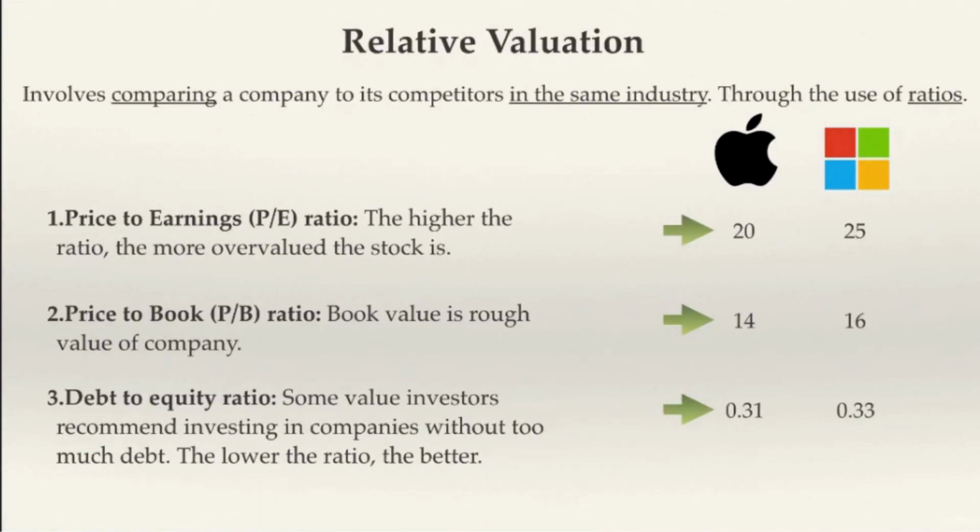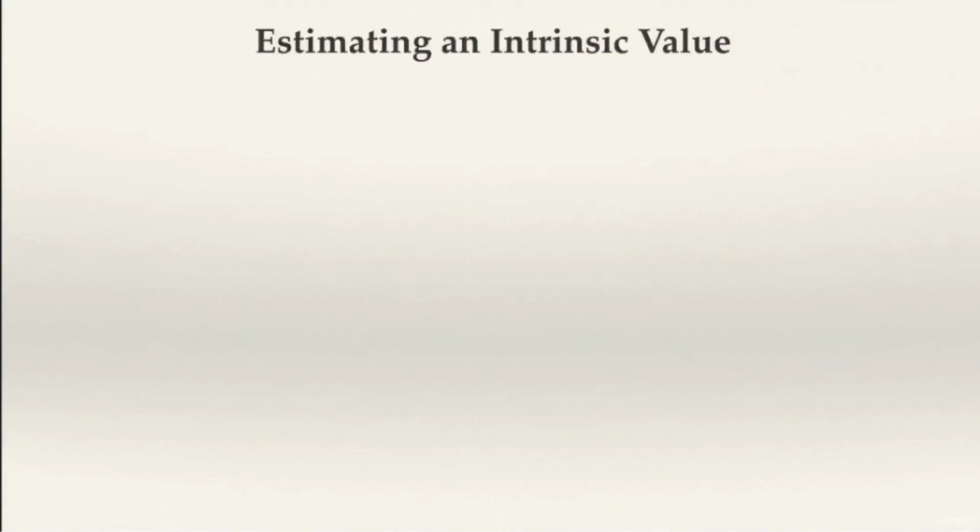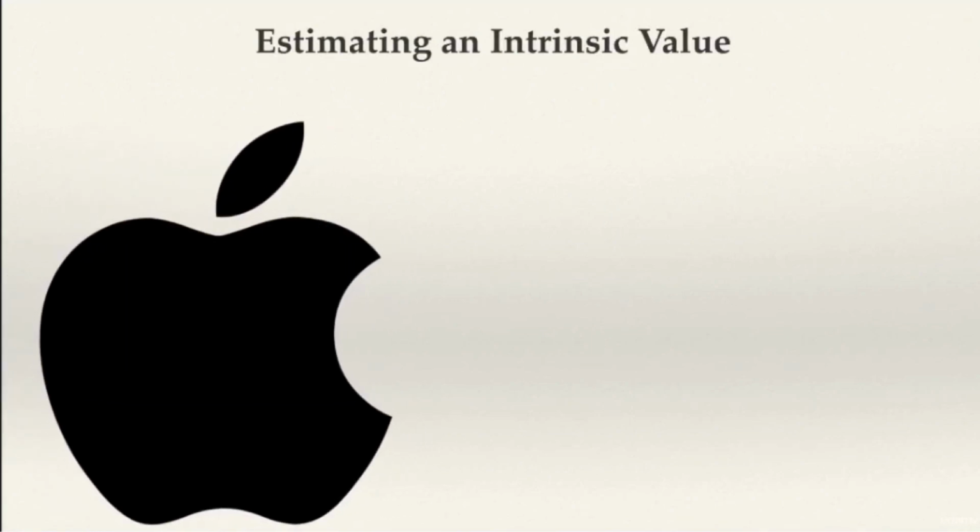Now, let's look at another way of figuring out value. This one's a little bit more tricky and can be incredibly complex, so I'll simplify it as much as possible. Remember how we talked about the intrinsic value of a stock? If you don't remember, the intrinsic value is the true value of a stock, and value investors try to buy when the current market price is below the intrinsic price. Right now, we'll try to figure out a form of intrinsic price for Apple using random numbers.